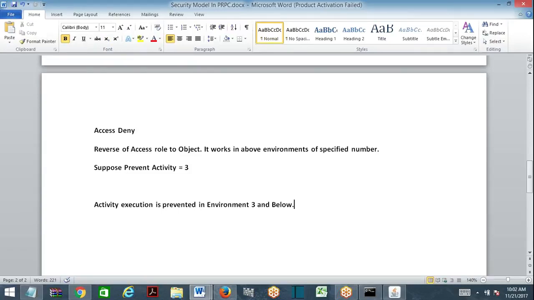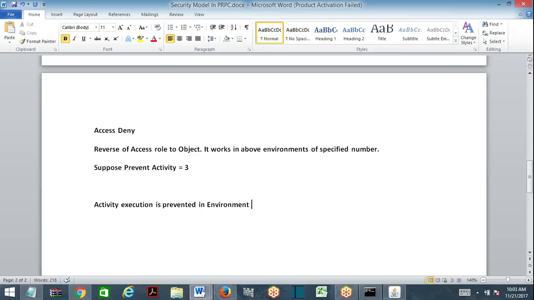No, wrong. Prevent activity 3 means activity execution will be prevented for environment 4 and 5. Access, reverse of reverse. Preventing activities you are denying means you are allowing activity execution. Got it?